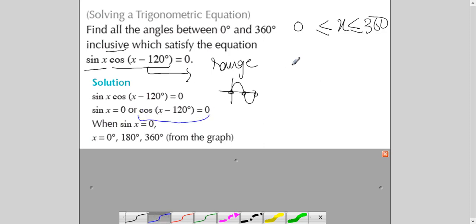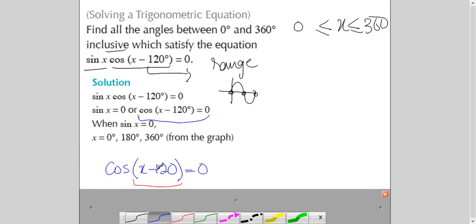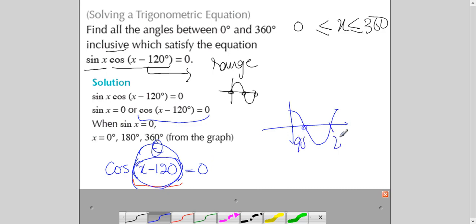So suppose this is my question, right? cos(x minus 120) equals 0. Now what is the angle which gives me 0? Forget about it as cos(x minus 120). Suppose I have some angle here, theta straight away. Suppose this is equal to theta. So which cos angle gives you 0? Again, recall the sketch. 90 and 270. It means if I had here 90, I would have gotten 0. If I had 270, I would have gotten 0.